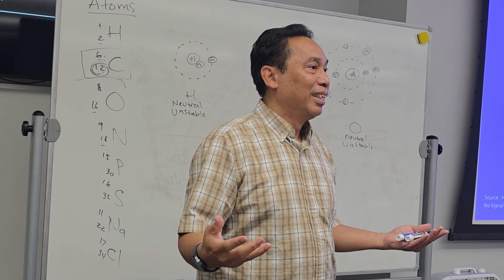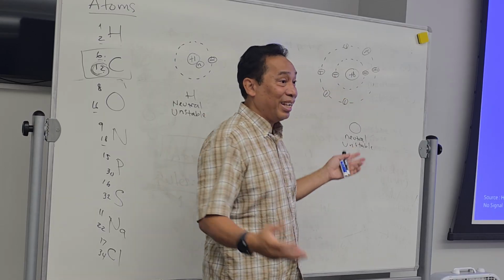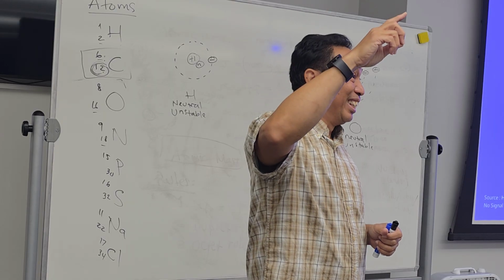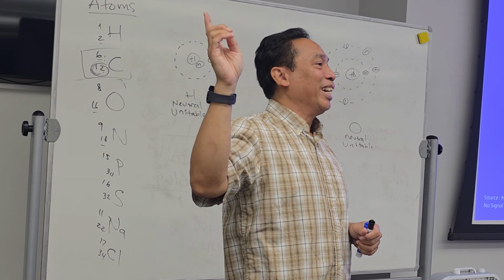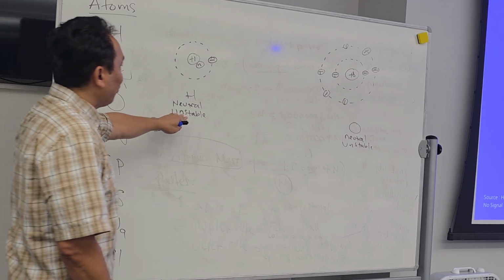What is the next one over there, under it? Neon. What is the atomic number? 10. It means that it has 2 and 8, right? That's already stable. So you will find the neon light. Are you with me? Right? And the next, going down, all of this, okay? This column is called noble gas. Have you ever heard that? Noble gas is an atom that is present in nature without combining with other atoms. You with me? Why? They follow the rule.